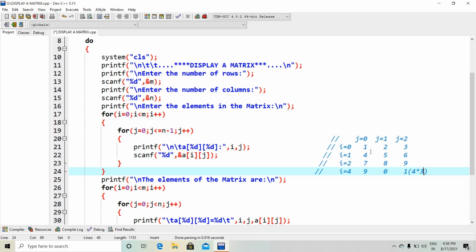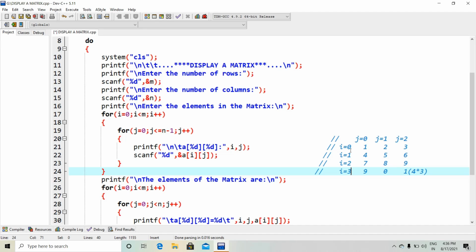So here the total number of rows is 4. The number of columns will be 3 also. So you can see the total number of rows is 4, so m equal to 4. 1, 2, 3, 4, this is the total. These are the 4 rows and here are 3 columns.